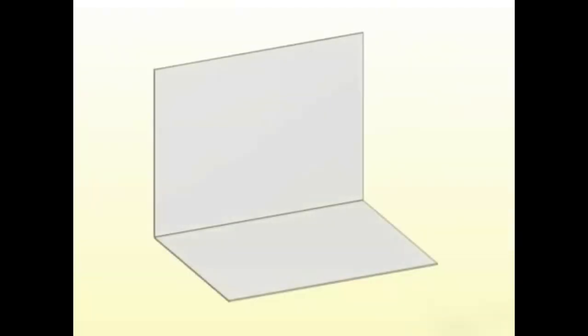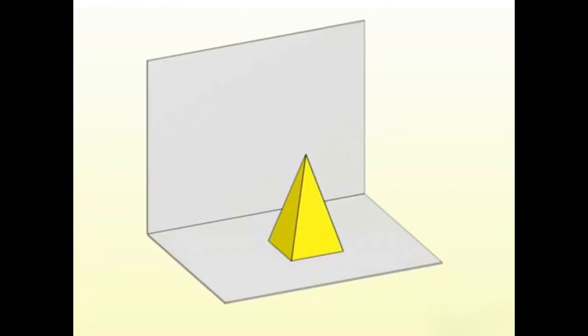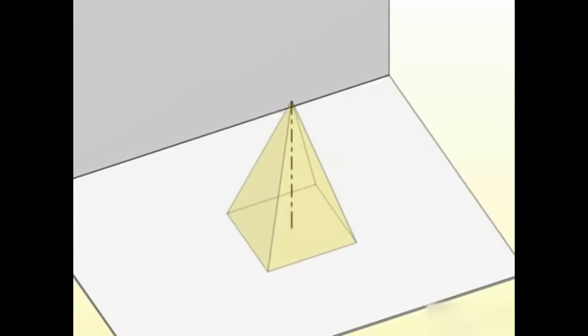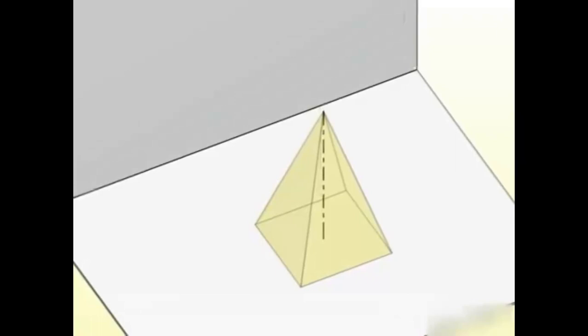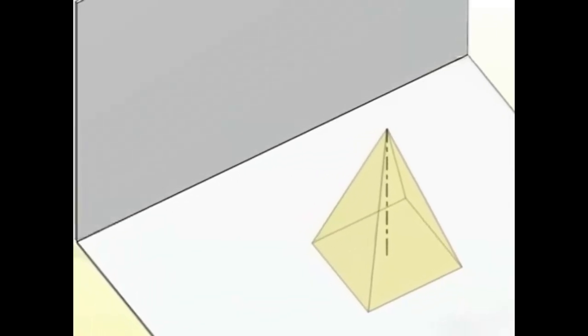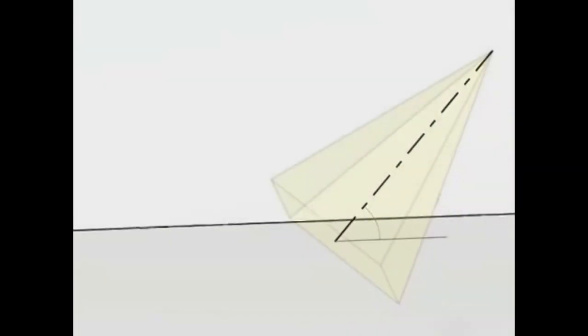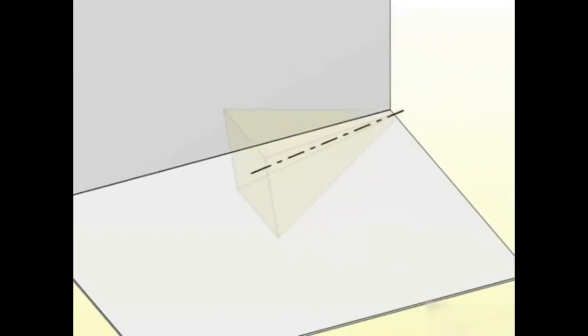So, we have discussed the concept of solids. Now we'll see how the solids are projected with reference to the orientation of their axis. Different possibilities of the orientation of the axis include being perpendicular to one of the reference planes and inclined to the other, or being parallel or inclined to both the reference planes.